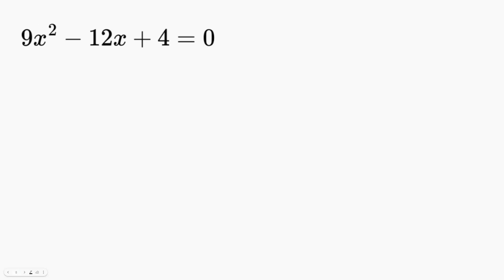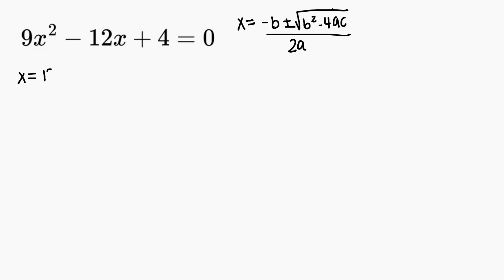Here we have 9x squared minus 12x plus 4 equals 0. Let's start by writing our quadratic formula. x equals -b plus or minus the square root of b squared minus 4ac, all over 2a. So this is already in ax squared plus bx plus c equals 0 form. So let's get started. x equals -b plus or minus the square root of b squared, which is -12 squared, minus